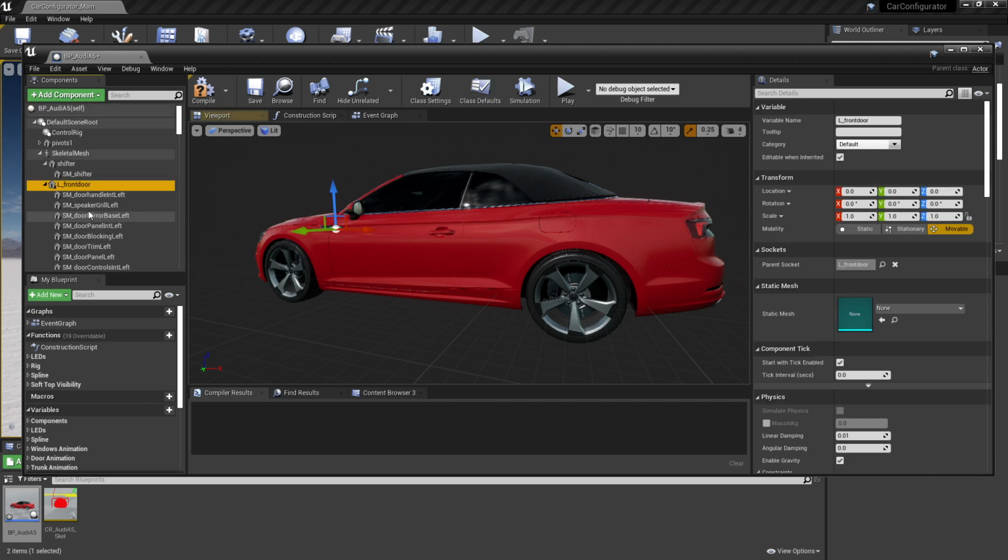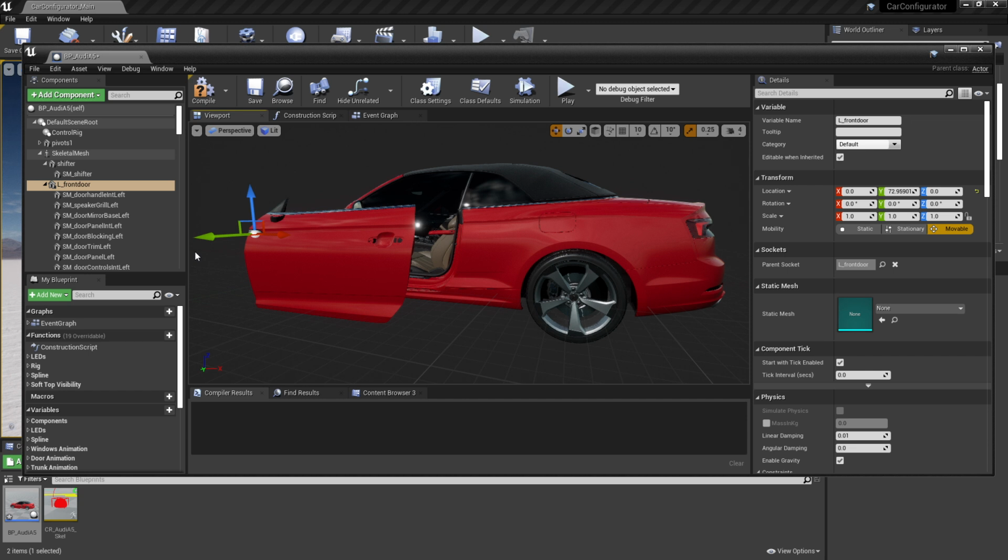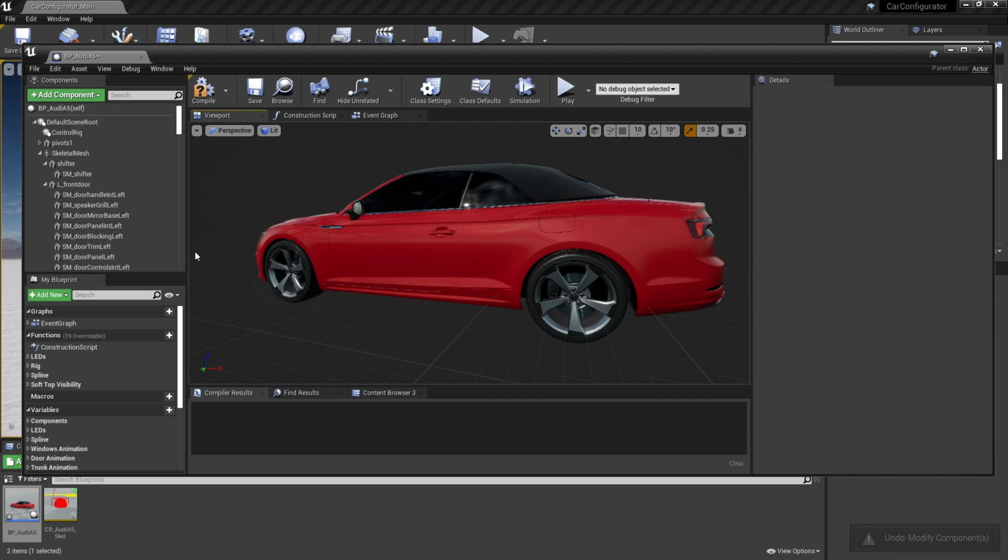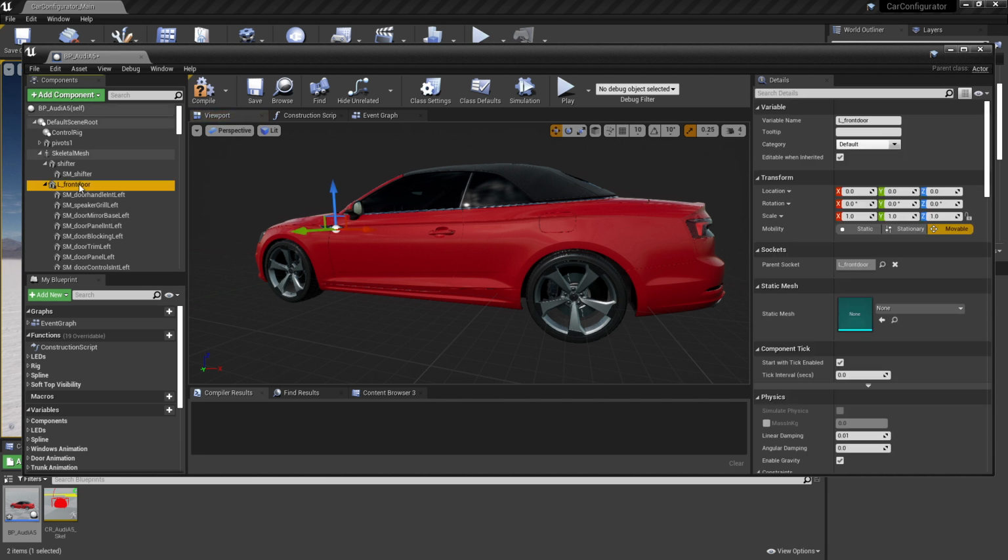So something like the left door has the static meshes for that Audi parented below all that. This is really great because what this means is if I want to set up the ID4, I have these nulls or these anchor points that I can just parent the ID4 static meshes underneath, and all the offsets of those local pivots is handled for me automatically. So this is really pretty awesome.